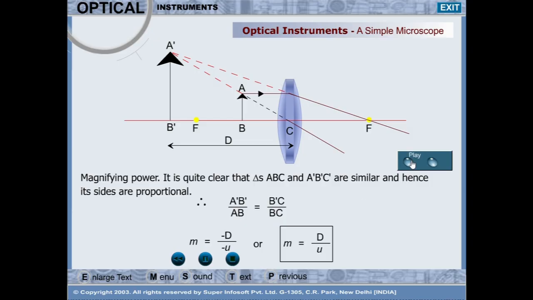A simple microscope. A simple microscope is a convex lens of small focal length placed at a distance less than the focal length of